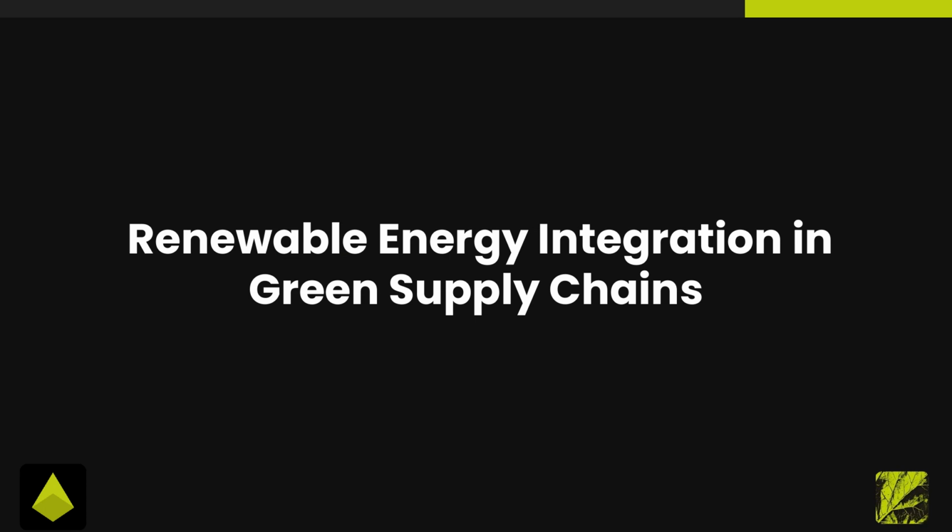Let's explore the integration of renewable energy in green supply chains. Renewable energy is key to reducing carbon footprints and enhancing sustainability. By incorporating solar, wind, and other renewable sources, supply chains not only lower emissions but also cut energy costs over time. Switching to clean energy supports global environmental goals and positions businesses as pioneers in sustainable practices, paving the way